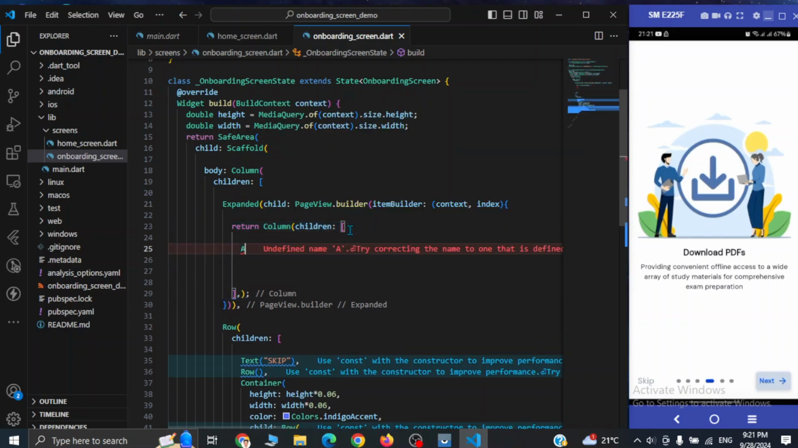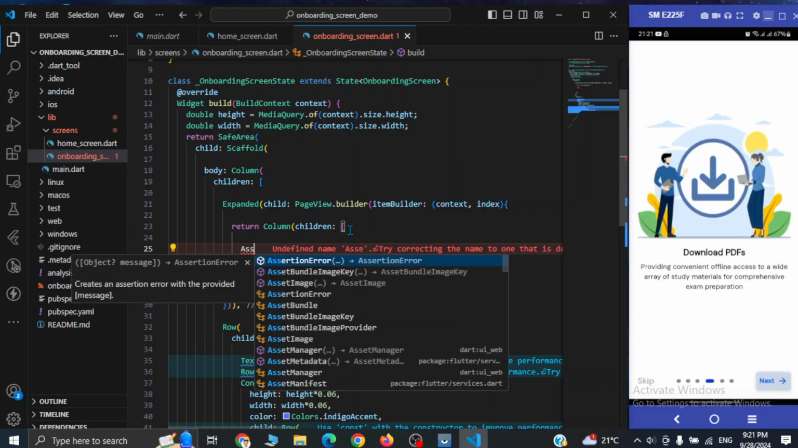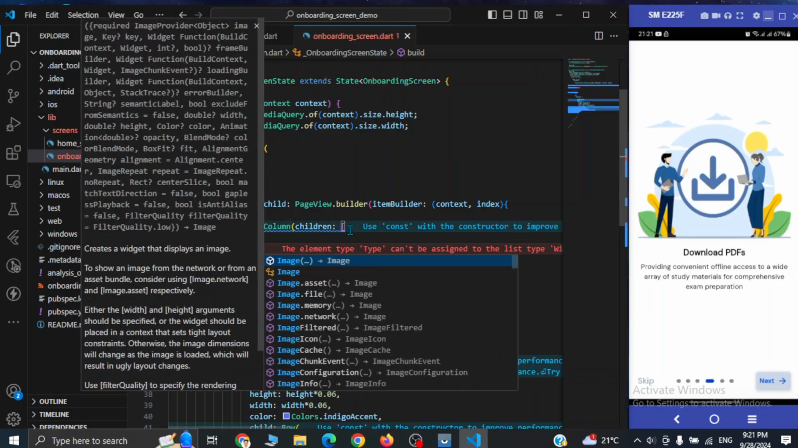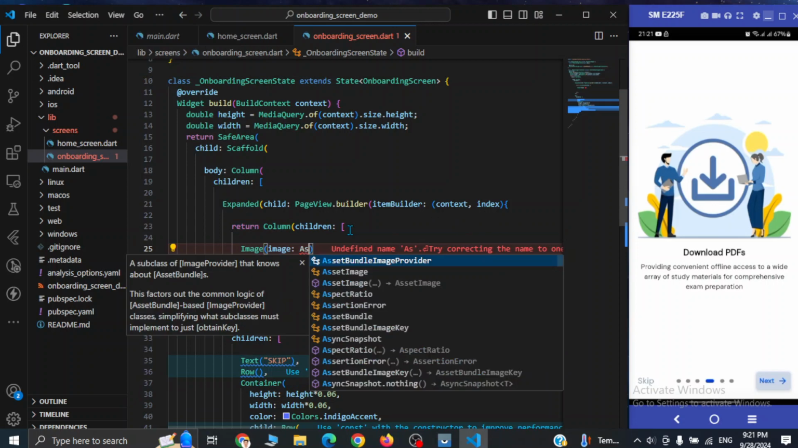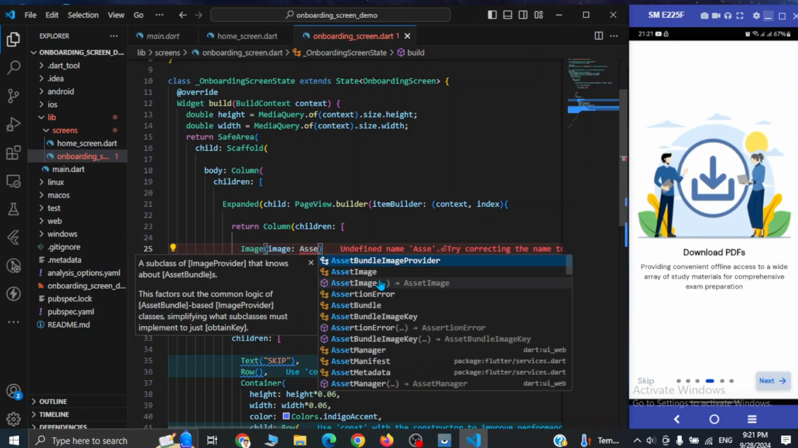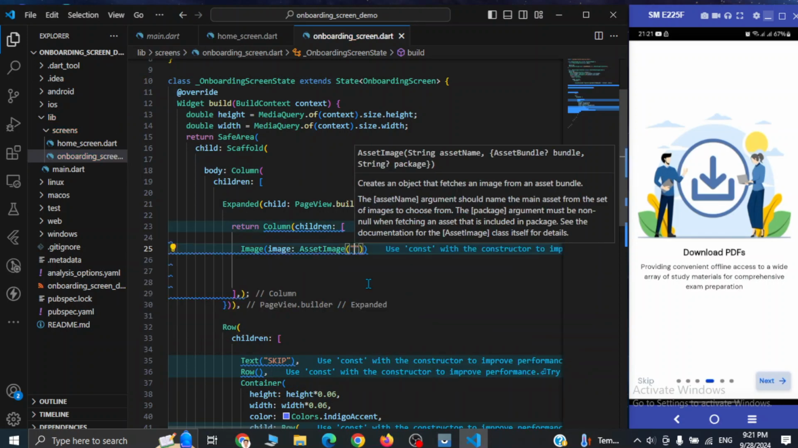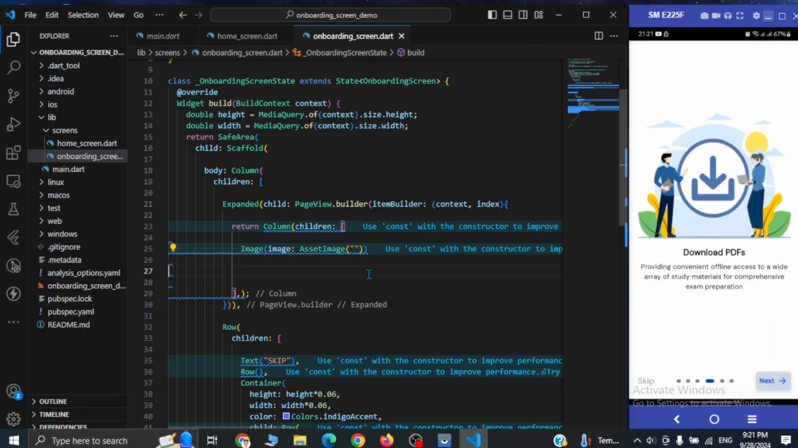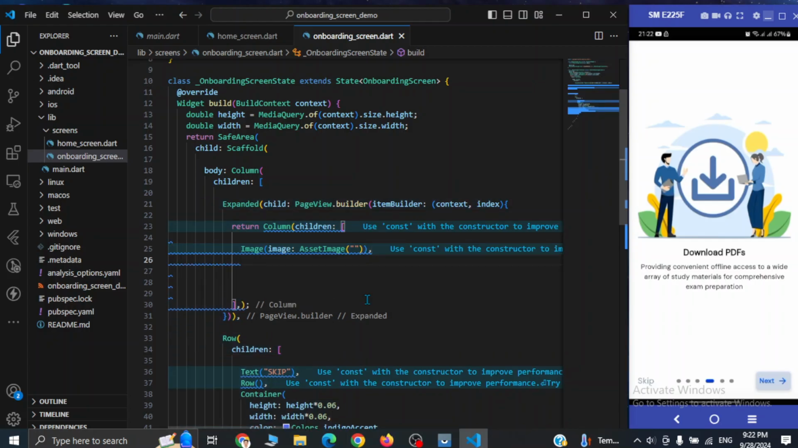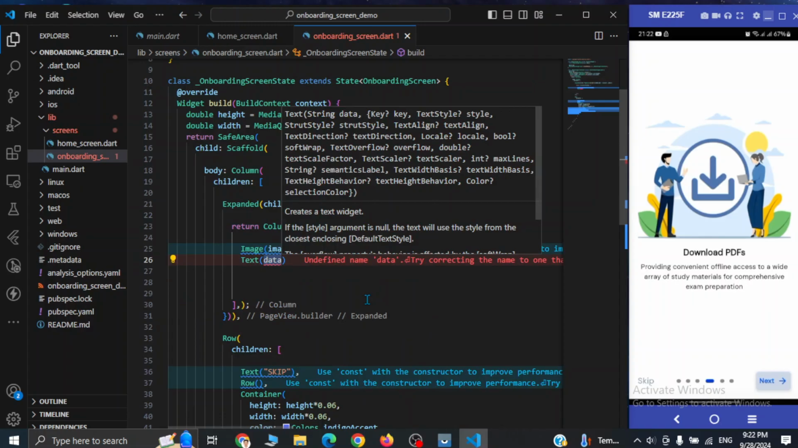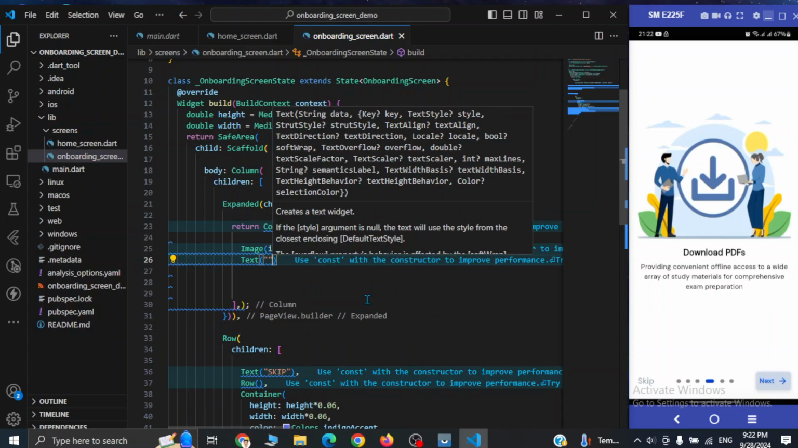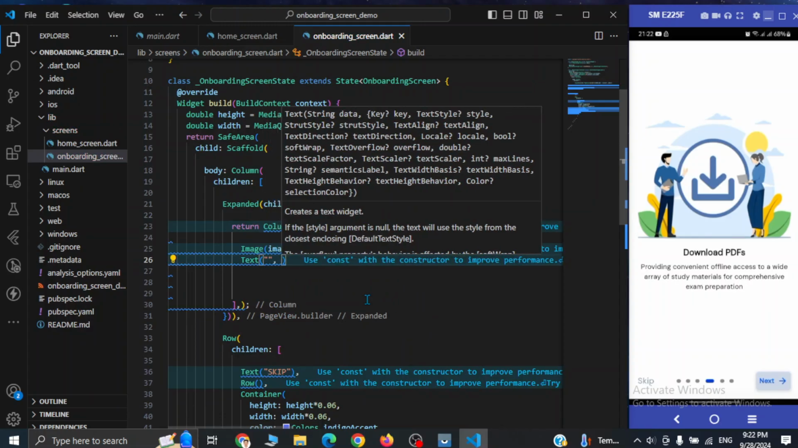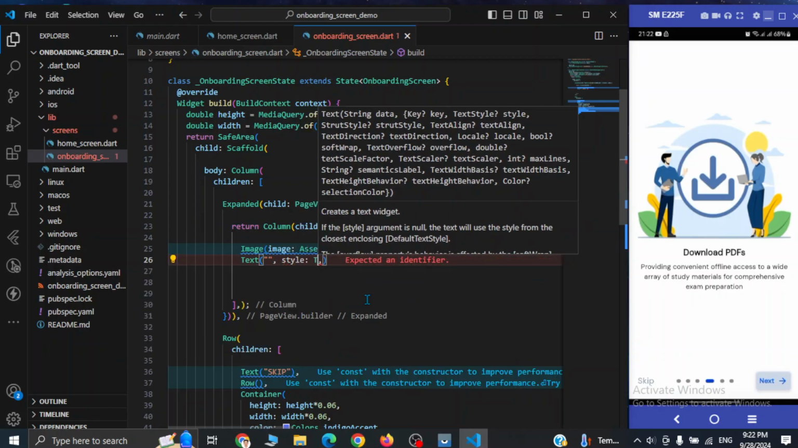And the first one is going to be an image, and in the image property you can assign an asset image, and here we have to add a path. So I am leaving this empty as of now, and after this we have text. Okay, I'm leaving this text empty for now, and there is some style like